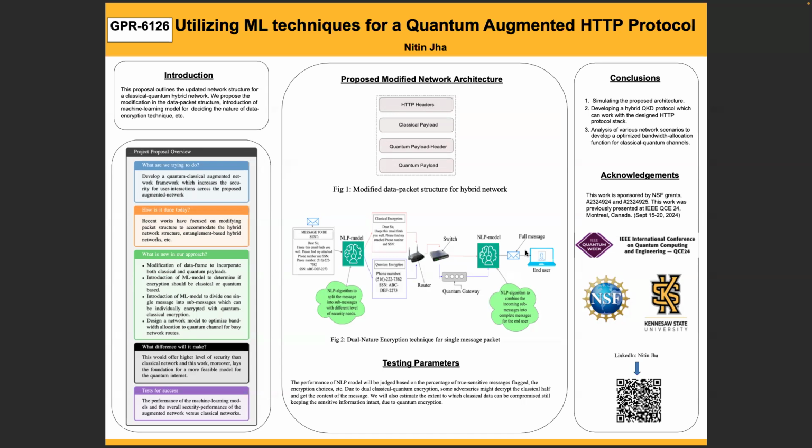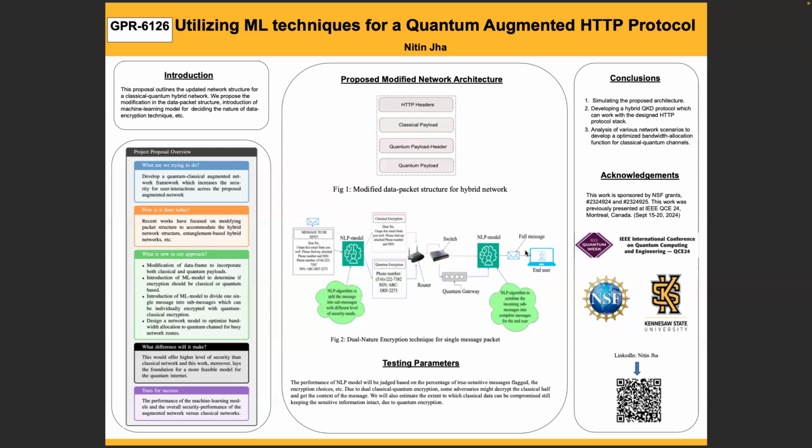So, the main idea behind this work is that developing an entire quantum network or quantum internet in the future is very impractical as of now because there are a lot of technological limitations, such as the attenuation loss in quantum channels, which leads to qubits disappearing over longer distances, thus rendering the quantum network useless for very large areas. So we need to come up with some solutions, and for that, we come up with quantum